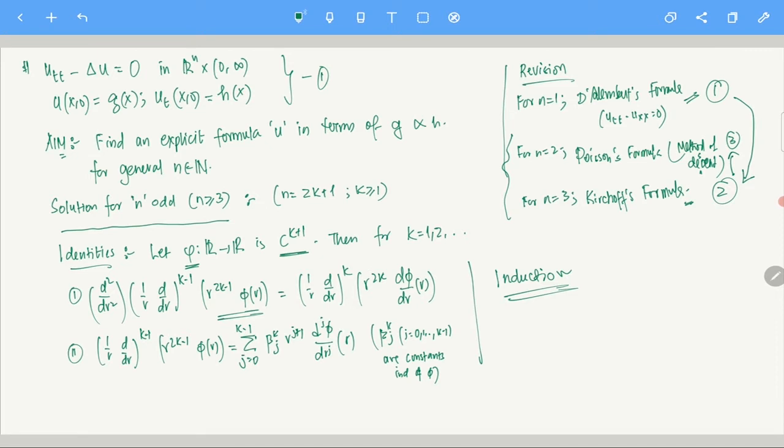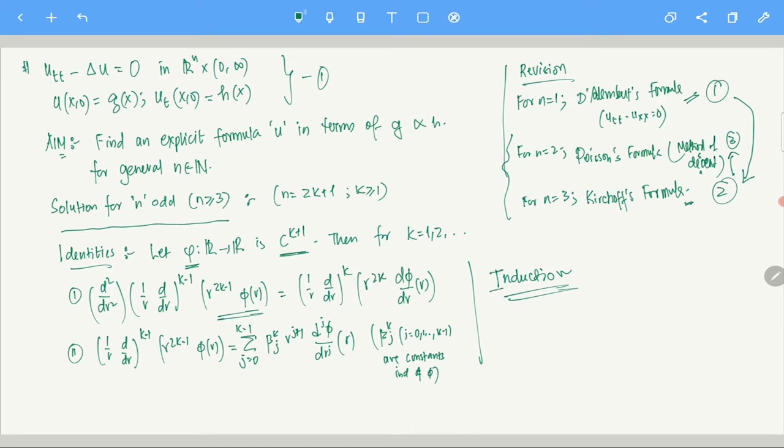Again let me emphasize, this may look like what crazy things are these. This looks crazy, let's be very honest here. But these are just some identities, results which we are going to use in our proof. That's all. There is nothing special about it, just some calculations which you can do if you want. I am not emphasizing that you do that, but these are true. If you want to be rigorous, what I want you to do is check using induction.